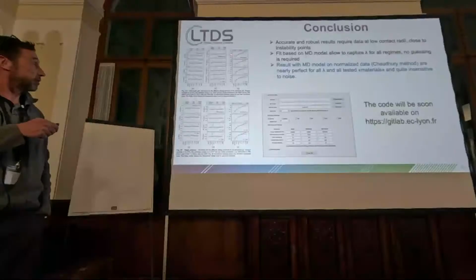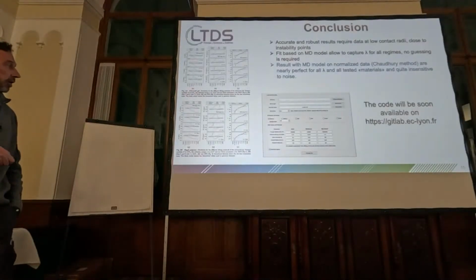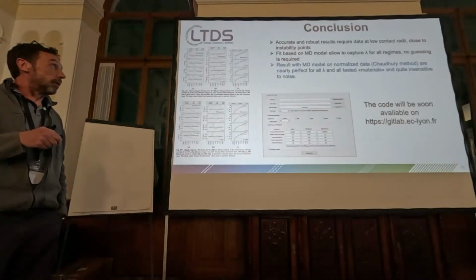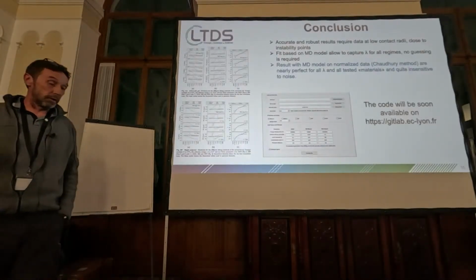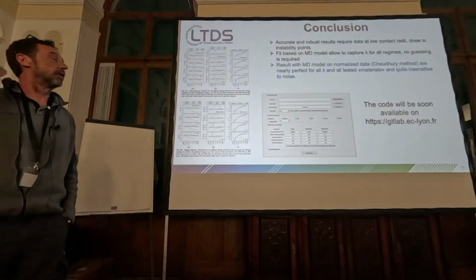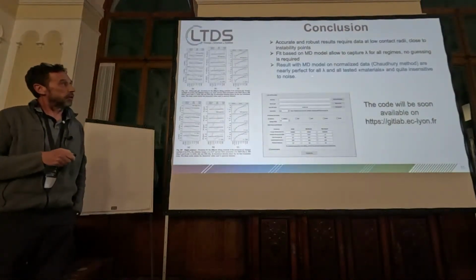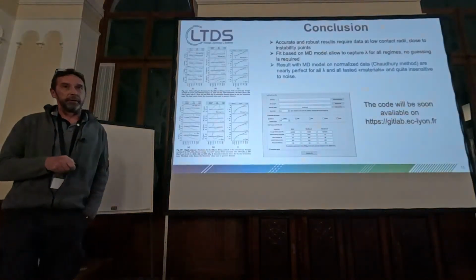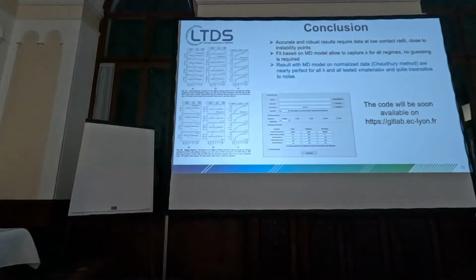The results are nearly the same for all the different materials we have tested, here for ultra soft gel, or here for rigid polymers. The fit method based on the Maugis-Dugdale model allows to capture the Tabor parameter for all adhesive regimes. You do not have to guess before your experiment whether you are in the JKR or in the DMT regime. And the results with this new method are nearly perfect. The code is nearly ready to be shared on my GitLab in a few weeks, I guess. Thank you for your attention.